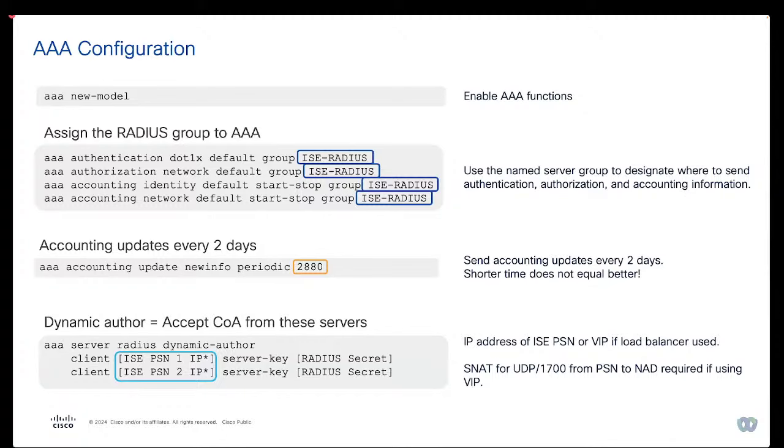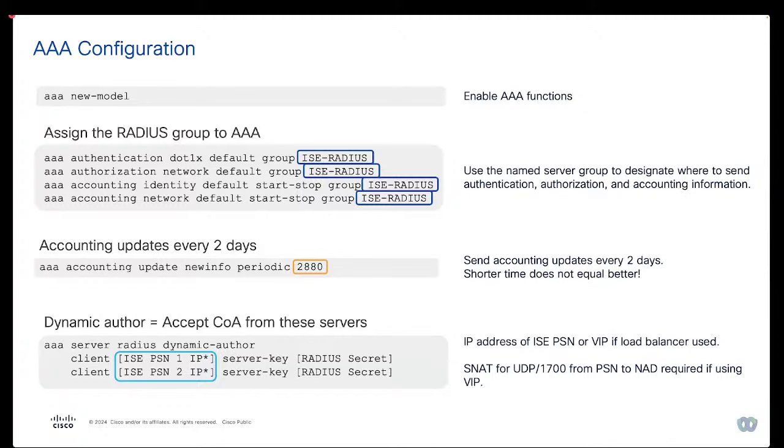So if you ever have CoA issues, hey, I'm trying to bounce this connection, it's not working, I see in ISE where the dynamic